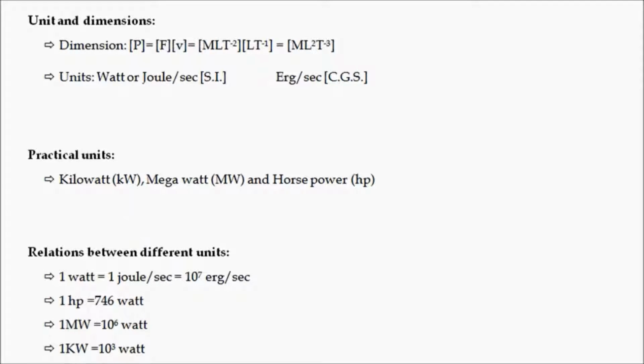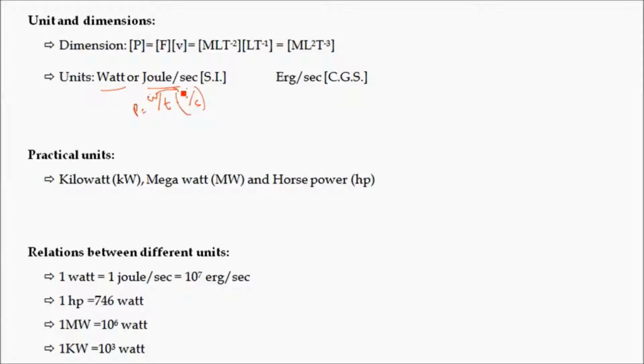We learn the unit and dimension of power. So the unit of power will be watt or joule per second. Joule per second is the SI unit and joule per second is also called watt. To get the unit of power, we just recall the formula: power is equal to work divided by time, and the SI unit of work is joule while the SI unit of time is second. So the SI unit of power will be